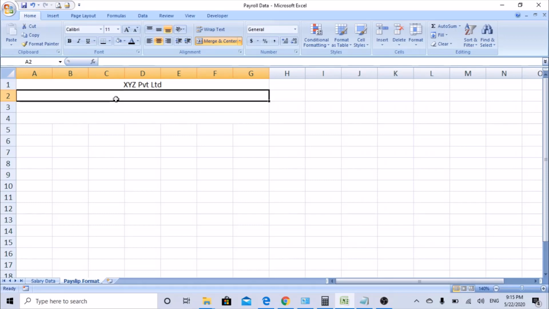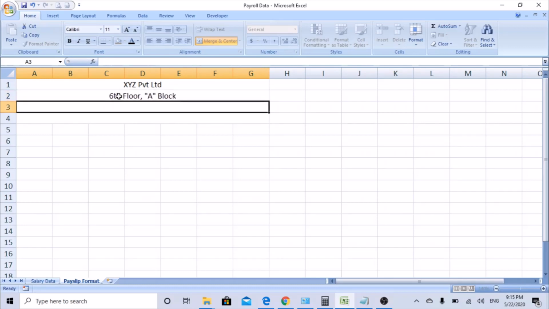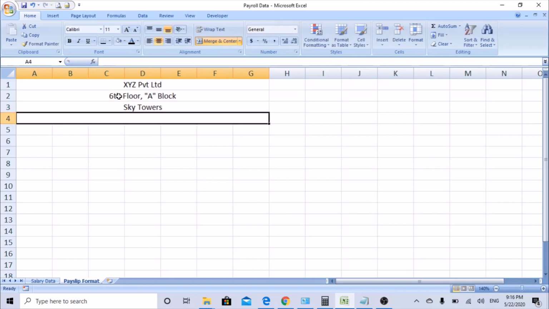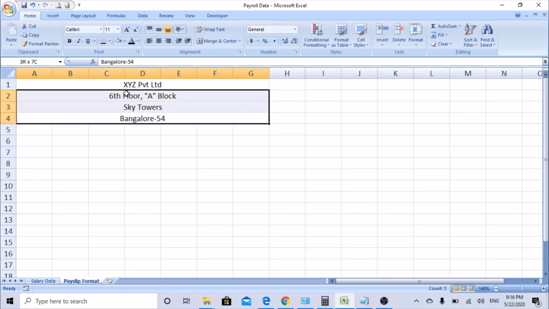Sixth floor, A block, Sky Towers, Bangalore 54. So I just added the address.